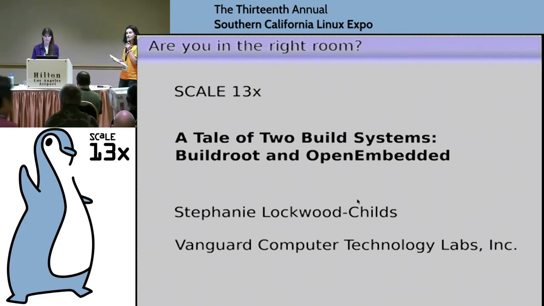She's president of her local Linux user group in Santa Barbara, and she's also the president of her own company, VCT Technologies. She's going to talk about two build systems, Buildroot and OpenEmbedded. The embedded Linux ecosystem offers a healthy diversity of build systems tailored to different niches, unlike proprietary OSs that tend to present a build system controlled by the owner as the one true build system. This presentation will focus on two of the embedded Linux build systems that have exhibited the most staying power, Buildroot